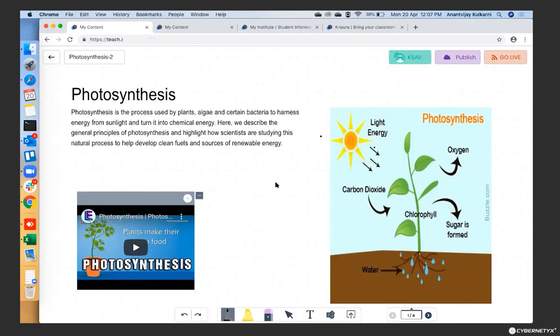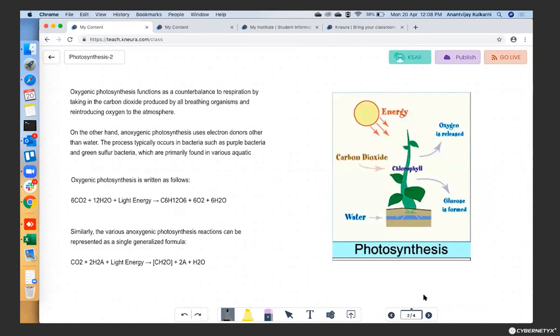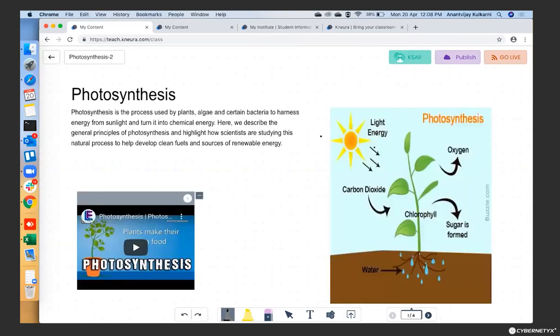The canvas that you see here is actually inherently collaborative. What I mean by this is that the canvas that the teacher sees and the students see are already in sync. Say, if you are looking at the student screen on your right and the teacher screen on the left, the moment I change my page, the student's page automatically changes. So what the student is seeing is actually controlled by the teacher.